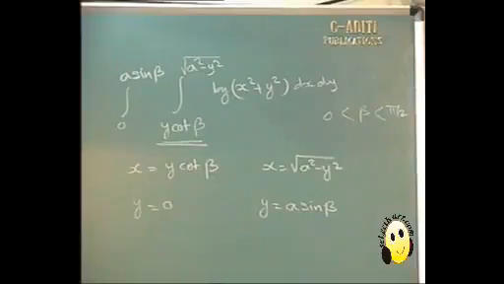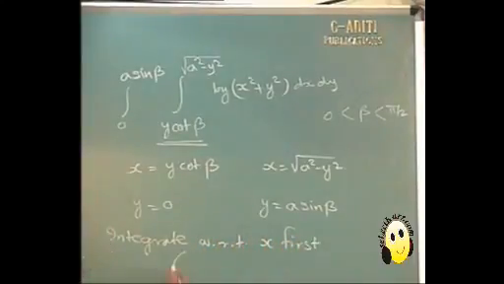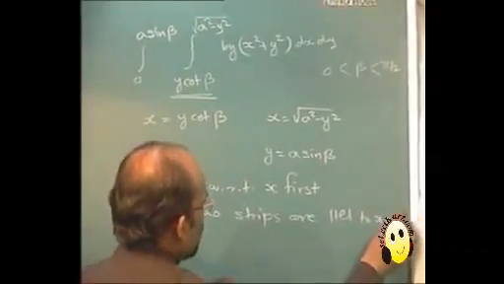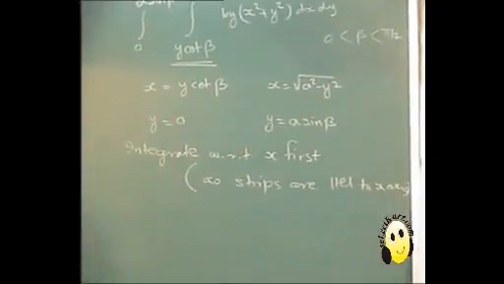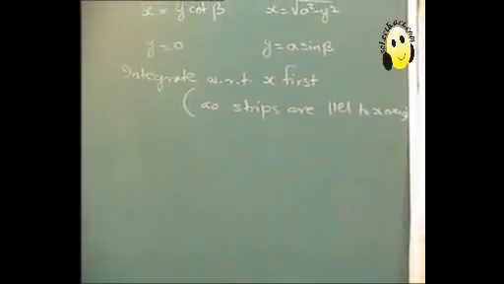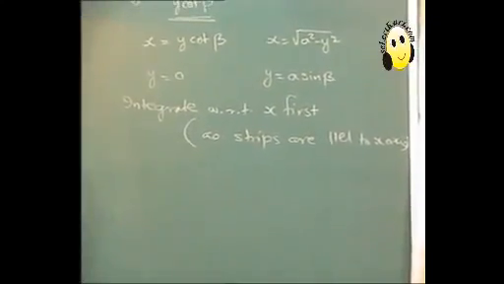Now when we consider these four curves, we understand that as the inner limits are in terms of y, which are values of x, we should be integrating with respect to x first. So we are required to integrate with respect to x first, into bracket, as strips are parallel to x-axis. But obviously the function is log of x square plus y square, which cannot be integrated with respect to x, and for that matter with respect to y also.